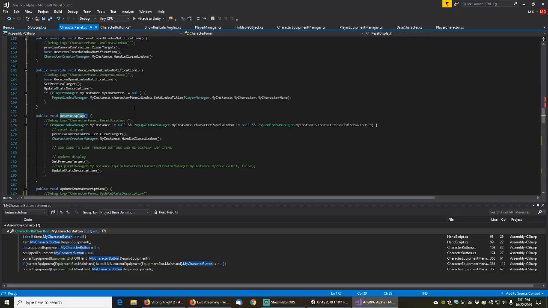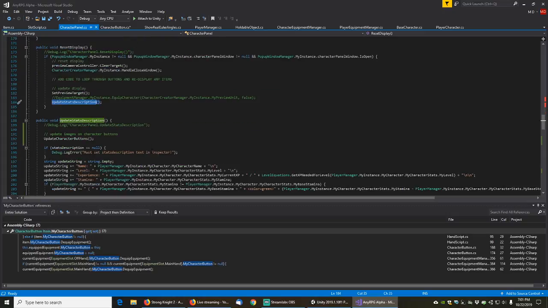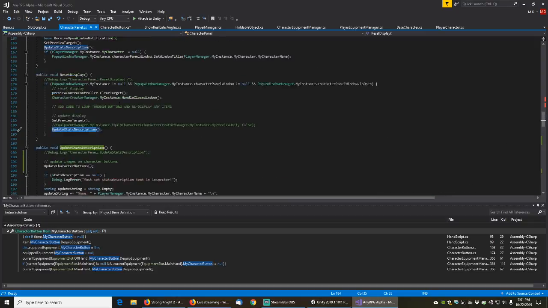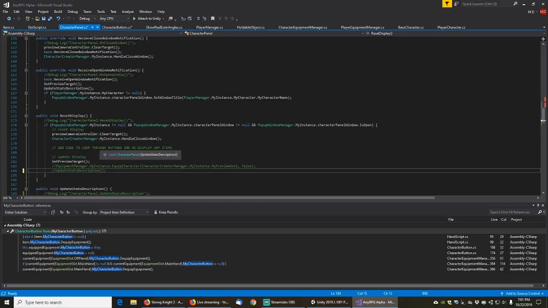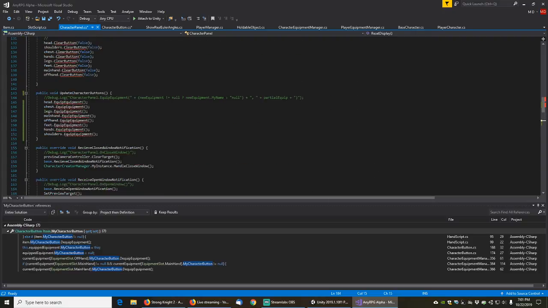Let's go take a look at that. Reset display updates the status description, which updates the character buttons. That looks like it's a potential for a loop there. So basically we want update stats description to be, honestly, this method